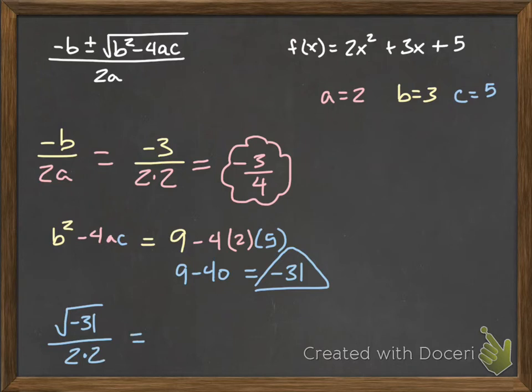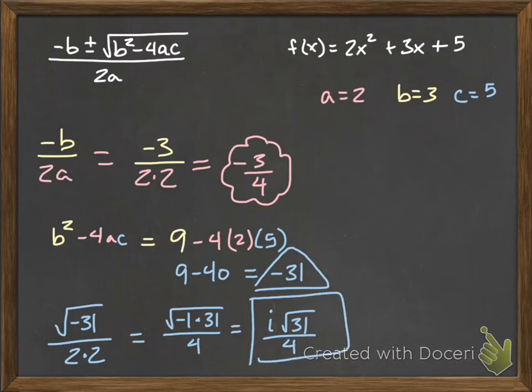So the square root of negative 31, we break it into two parts. This is negative 1 times 31 over 4. Then the square root of negative 1 is just i, so we're going to pull i out times the square root of 31 over 4. And that's our little square. So our answers then,